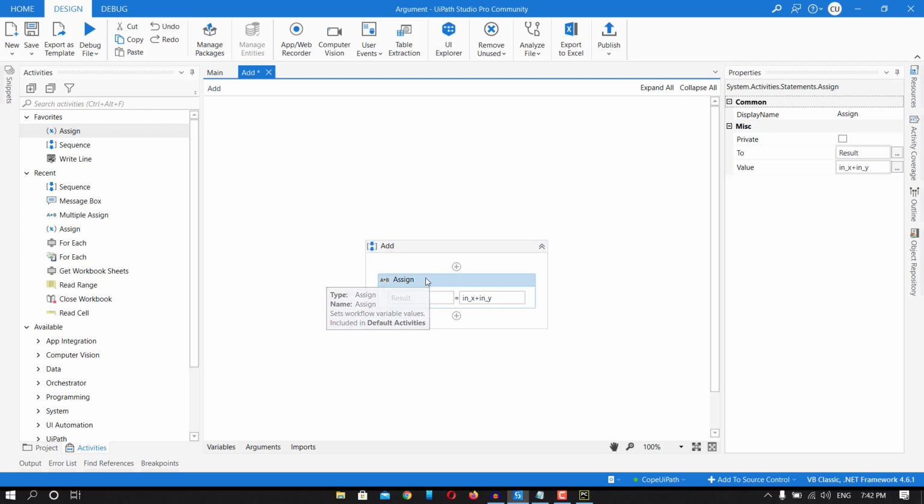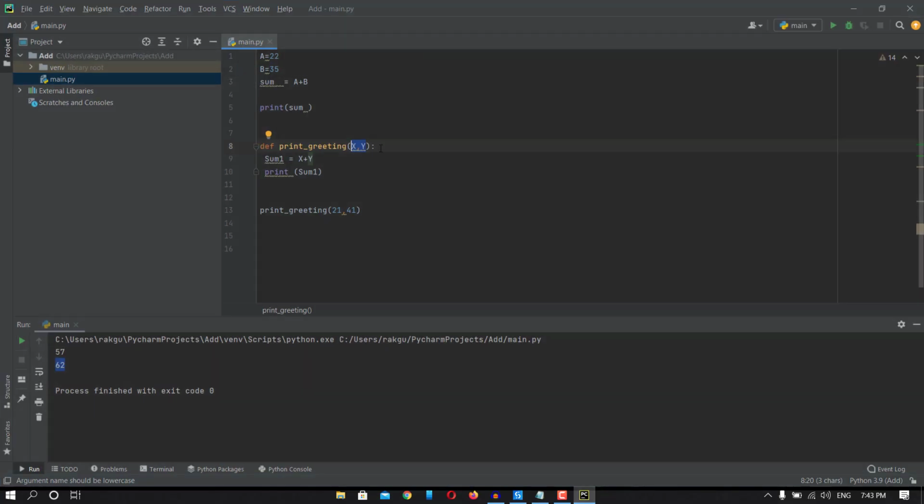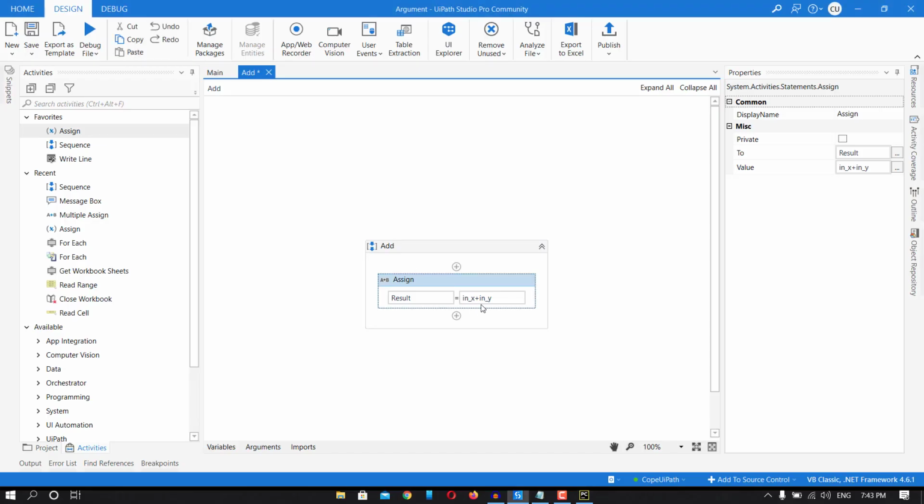So what I have done here, I have taken an assign activity and the result will be of the addition of x plus y. Okay, so you can just relate with this. Okay, so the result, this sum one is result here, and this x and y are in underscore x, in underscore y. Okay, so now